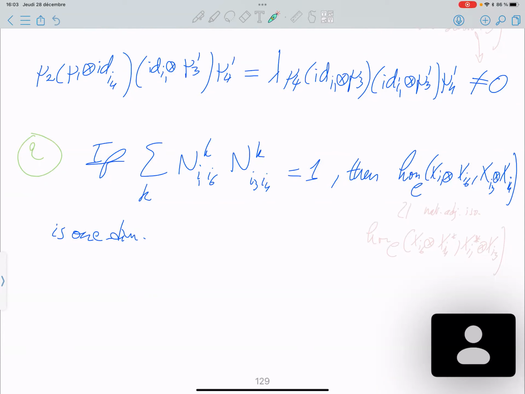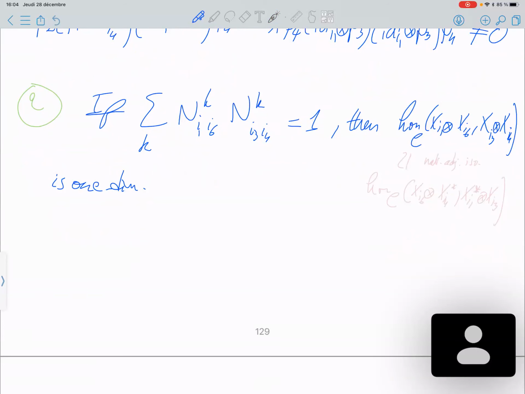So you can see it here. So here it's easier. I1, I6, I3, I4. So you are making the sum over K. Here you have a decomposition over xk, decomposition over xk prime. But this is non-zero if k equal k prime. So you can take the same k, and then you just take the sum, etc. So that's okay. Okay. So now the same idea. We want to pick two morphisms,